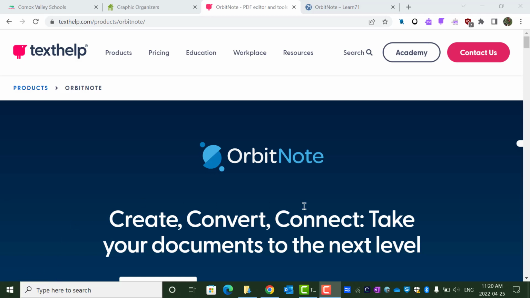In this demonstration, we will look at how to use OrbitNote, which is a PDF reader and writer created by TextHelp, the makers of Read and Write and OrbitNote. Let's begin. If you're on an SD71 computer, you will have OrbitNote and other extensions pushed out to Chrome and